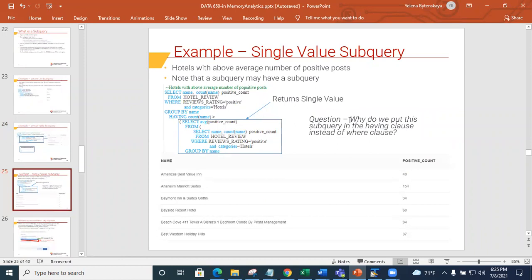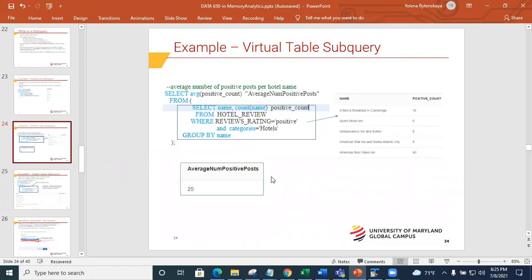Okay. Now this is a single value subquery, right? So here the idea is this: hotels with above average number of positive posts, right? So here, what it's doing is that I have a subquery in here. This is a little bit different because in here, I just wanted to know the average number of positive posts per hotel, right?